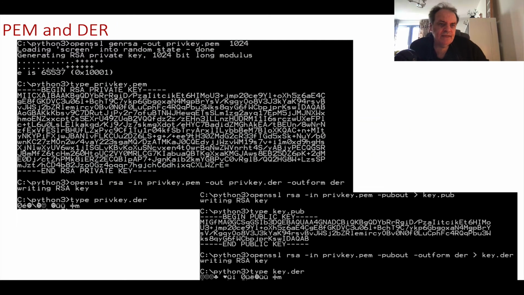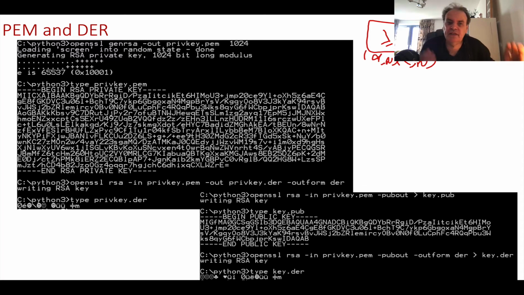So this shows an example here of me generating a key pair for RSA. This is a 1024-bit RSA key or modulus. Okay, so we create a public key and a private key. The public key, if you're interested, is (e, N), and the private key is (d, N), where N is the modulus. The modulus is the multiplication of two 512-bit prime numbers in this case. The e value is defined there, and inside the private key we'll have the d value.